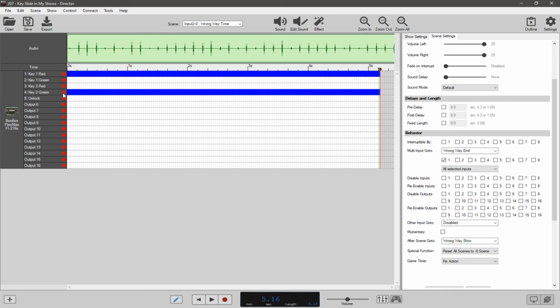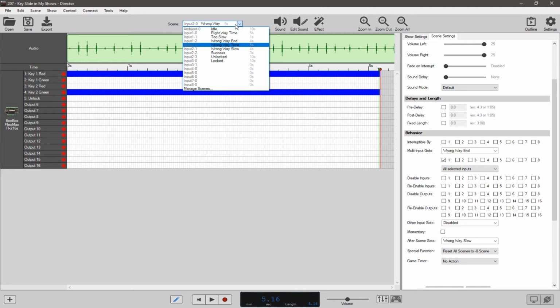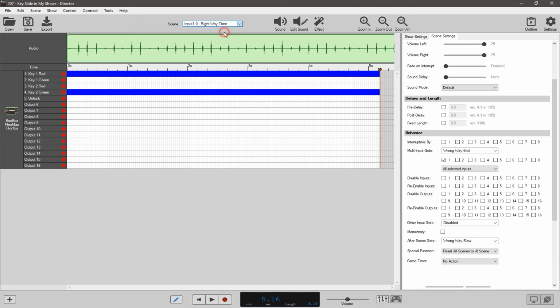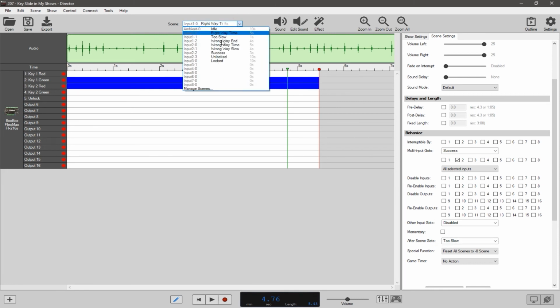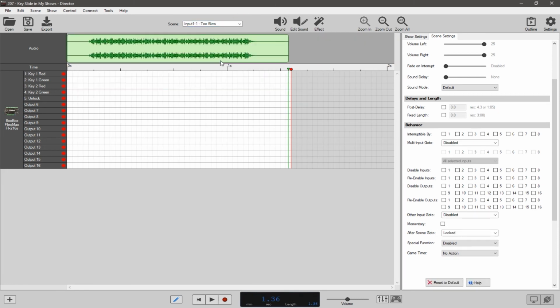This turns green because it's unlocked, but when you try to do input 1, and you'll also notice here after the scene, it goes to wrong way slow, which means you've gone the wrong way. And one thing you'll notice over here when we're at this thing, after scene go to, if you don't do this in a certain amount of time, you end up going to the too slow scene like this, which gives